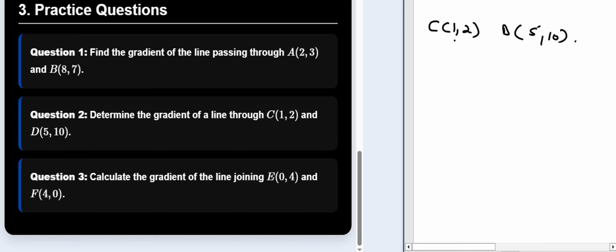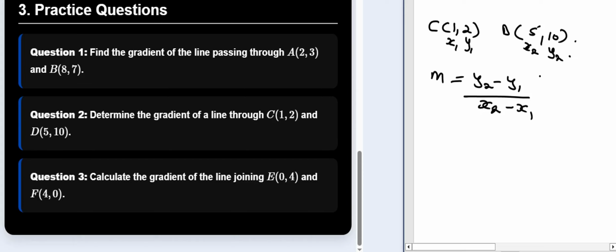So in the coordinate system, 1 is our x1 and 2 is our y1, 5 is our x2, and 10 is our y2. So gradient, which is given by y2 minus y1 divided by x2 minus x1, so it becomes